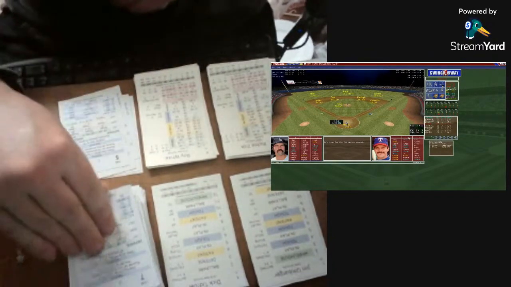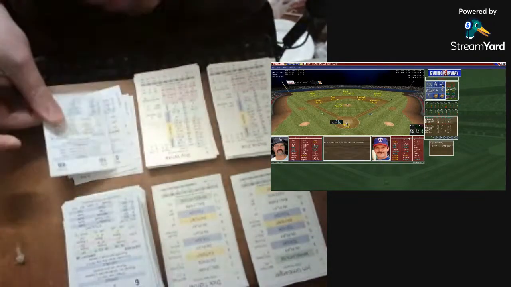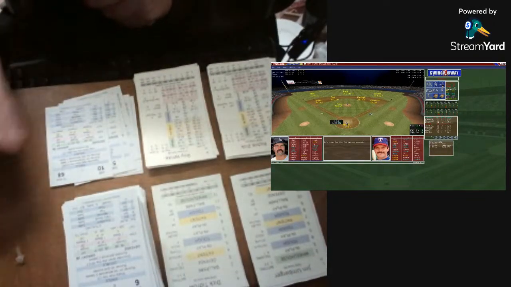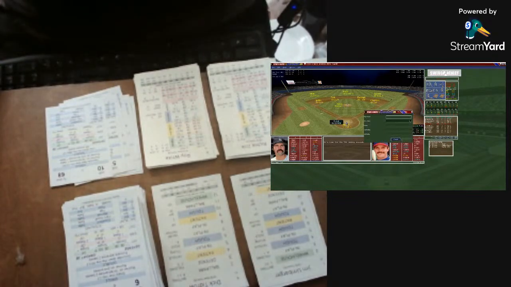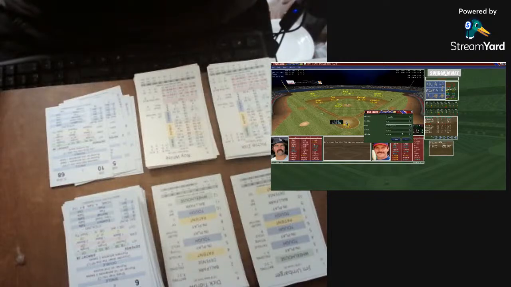A 5 is going to be in play to Zisk. 68, and Zisk will miss that one. That's a ground ball to second. Randolph gets it, throws him out, and that does it. 3 up, 3 down. What an outing for Tidrow. He has pitched 8, and we go to the 9th.